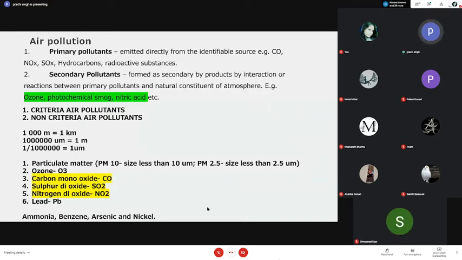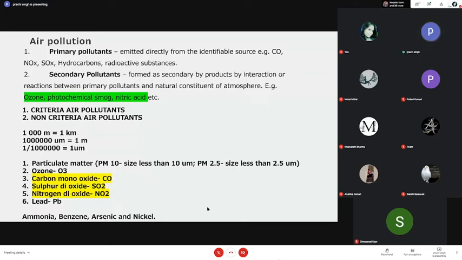Okay, now in this list there is particulate matter, which is again of 2 types, PM10 and PM2.5. Then there is ozone, although it's a secondary pollutant, but of course it is one of the chief causal agents in photochemical smog formation, so that is also counted. Then of course carbon monoxide, because CO2 is not toxic, it's part of your natural air composition, so it's not an air pollutant. But carbon monoxide is an air pollutant because it suffocates us.